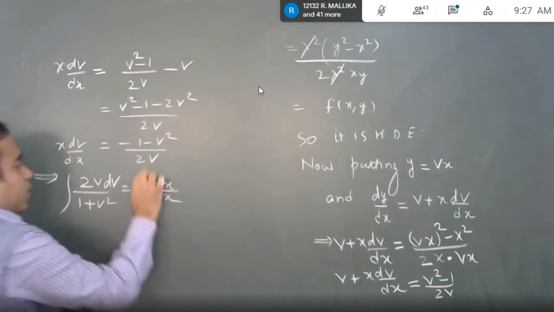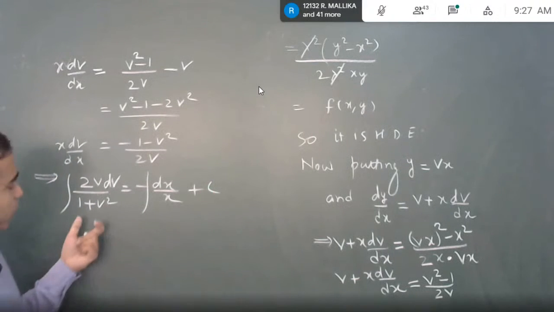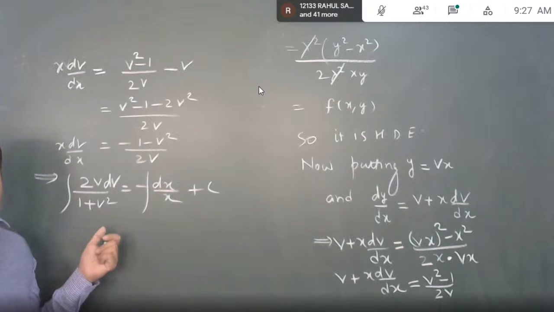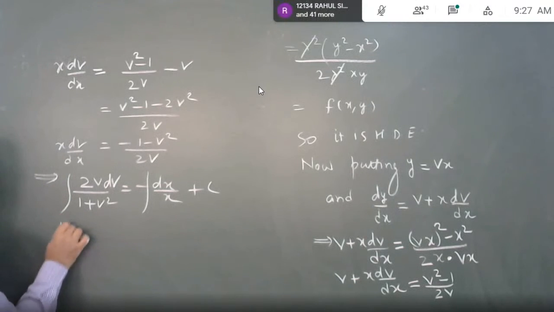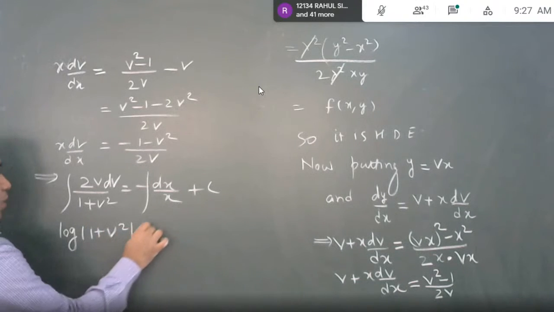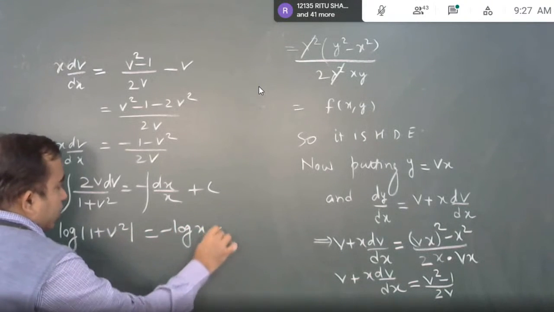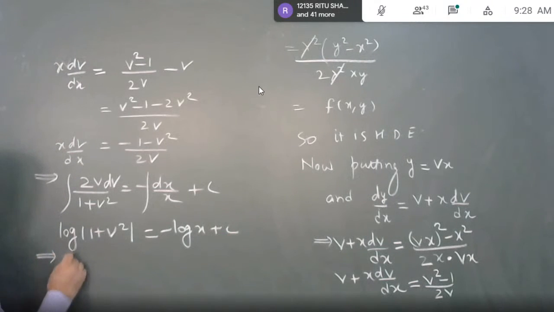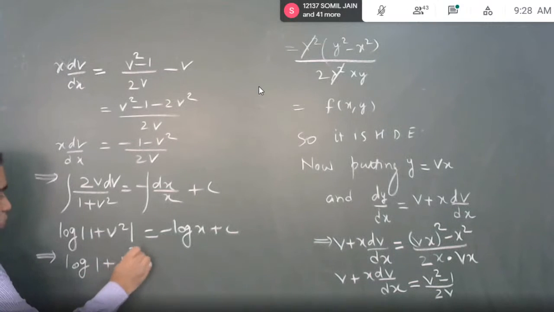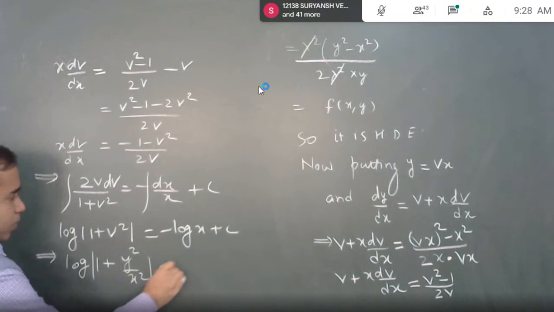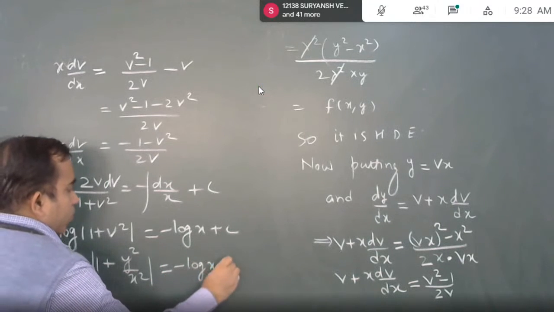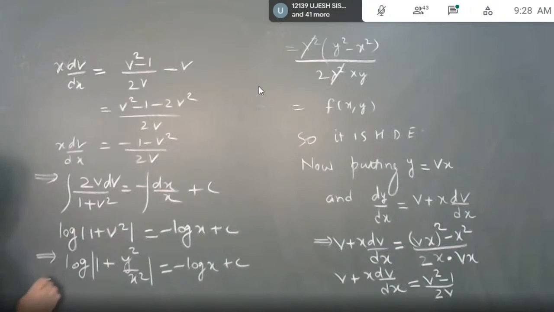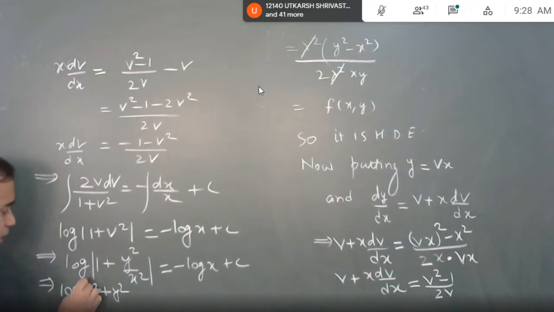Now let us integrate, and quite same like the previous question, 2v upon 1 plus v square is f dash upon f case, so this will become log of denominator, log of 1 plus v square equal to minus log x plus c. Right, that's it. I have integrated, I am just going to write y upon x in place of v. Here you go. I take minus log x also to the left. So log of x square plus y square whole upon x square,